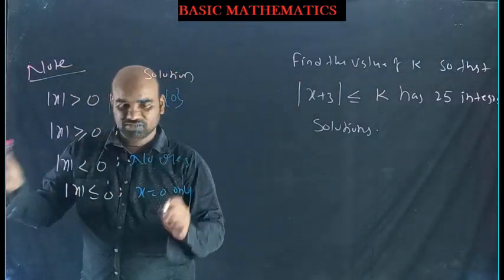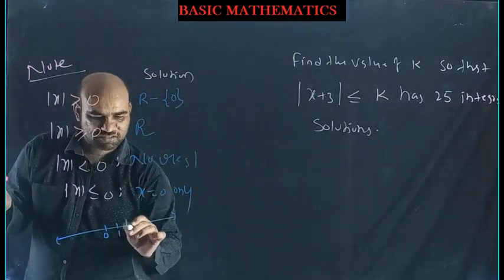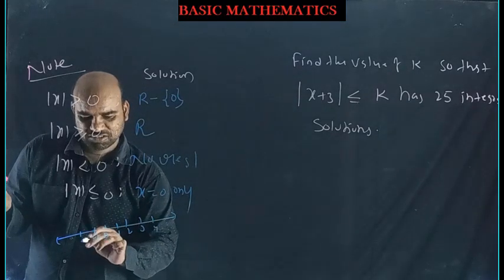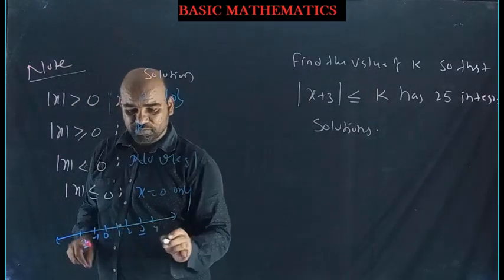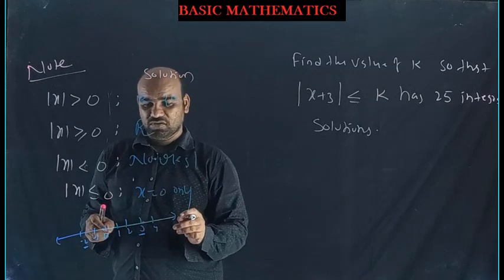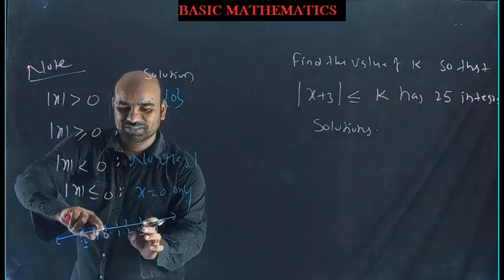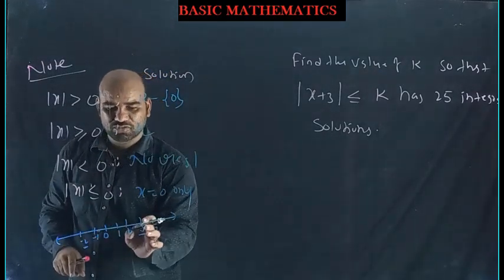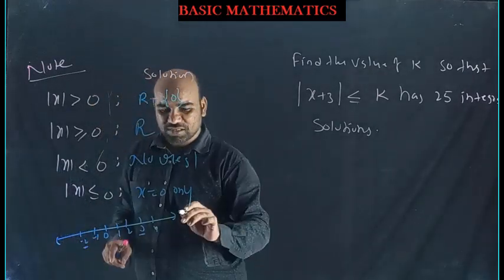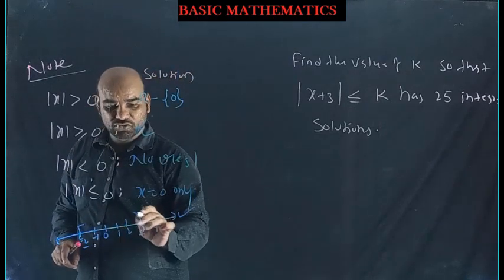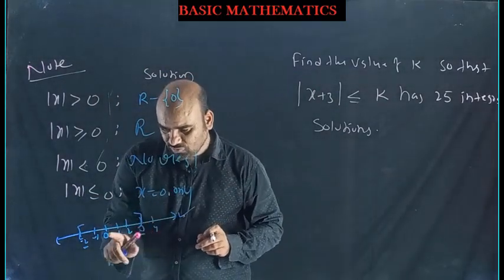Okay, now observe here. Completed note. Take a number line. The R is in here: 1, here 2, here 3, here 4, here minus 1, here minus 2. So between minus 2 and 3, including minus 2 and 3, we want to find how many integers there are. 0 to 2, 3, and here 2, 3: 1, 2, 3, 4, 5, 6, total 6. So on this number line, between minus 2 and 3, we want to identify how many integers there are. Just counting only, no? 1, 2, 3, 4, 5, 6.